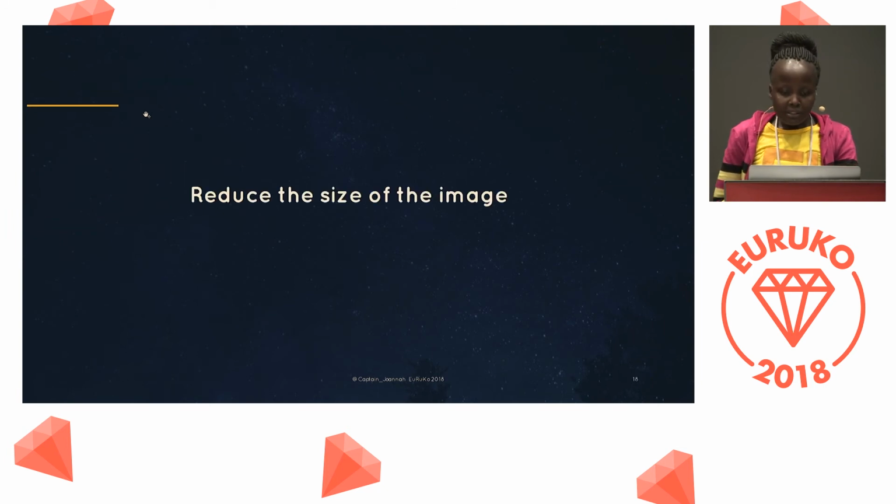So the biggest secret, there may be other secrets, but the biggest secret is to ensure that we reduce the size of the resulting image. I already pointed out that we basically do installations and any other thing that are needed to run a Ruby application in the Dockerfile. So depending on the steps you do there, they contribute to the resulting size of the image you create. And how does the size of the image